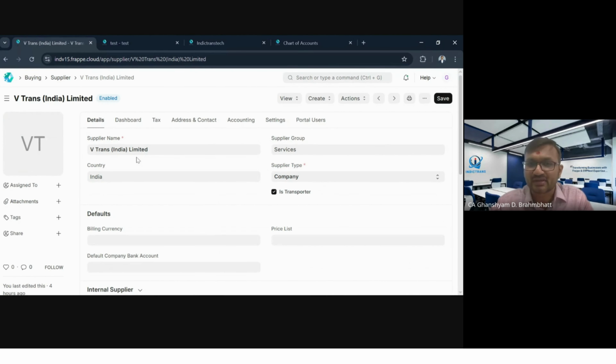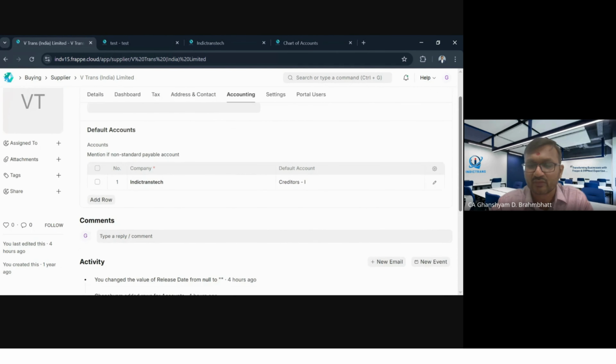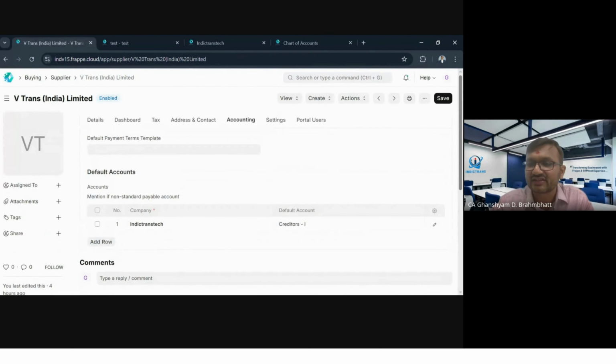As you are going to a supplier, once you create a supplier, you can find the Accounting tab. Once you go over there, we have to define a default payable account. If your company's chart of accounts is such that you are maintaining the categories of your suppliers, then those categories, if they are there,